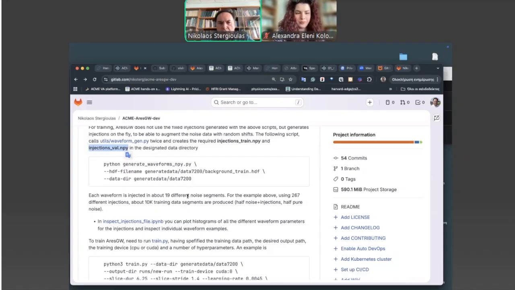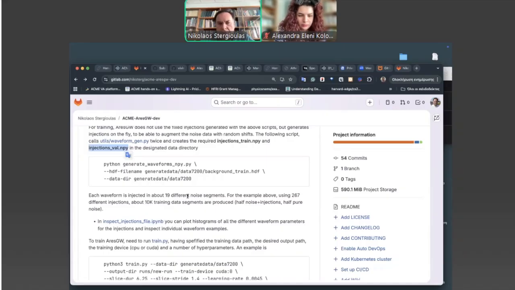The difference is, we will see it also in a tutorial, that now we have the actual waveform as a time series. And during training, AresGW can dynamically pick a certain noise segment and inject a certain waveform and do this at every epoch. And so there is a randomization of the training process and an augmentation of the training process.